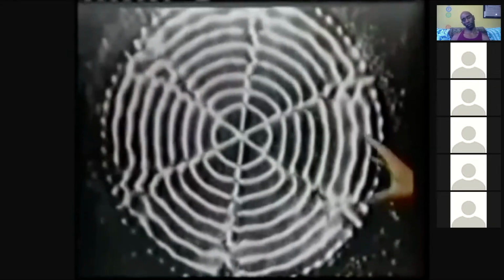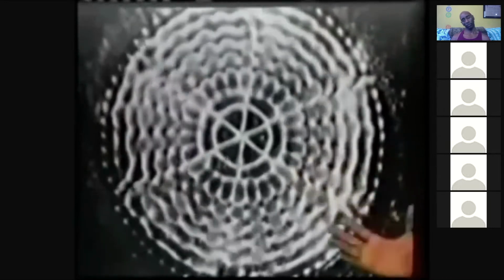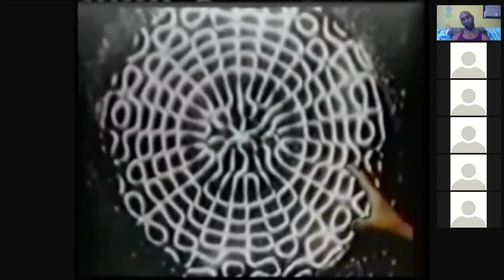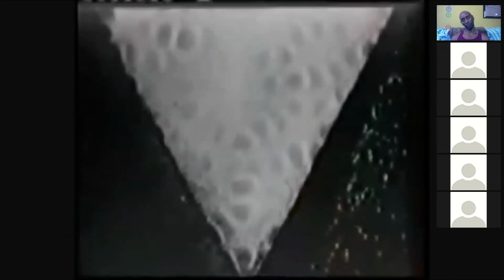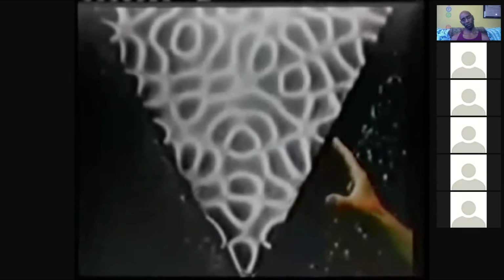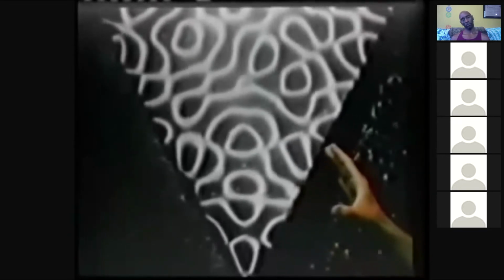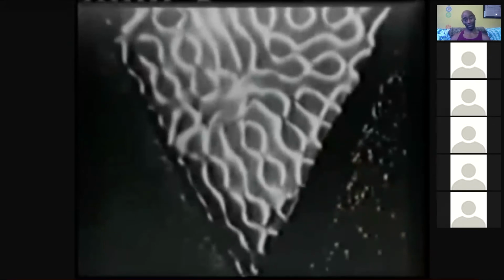The image you're seeing is a cymatics image. It's the result of a vibration being projected into a media. And what you'll notice is that the higher the frequencies of the vibration that you're seeing, the more complex the patterns. As you watch carefully, you'll see these patterns will become more and more complex, being the result of increasingly complex and higher frequencies. I just want you guys to pay attention to what you're seeing right now. This is sound creating shape.